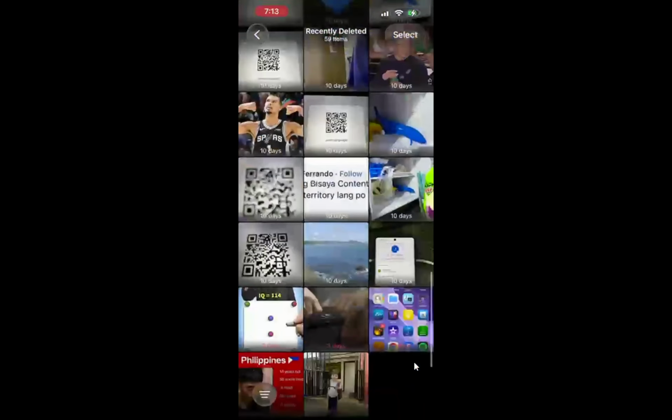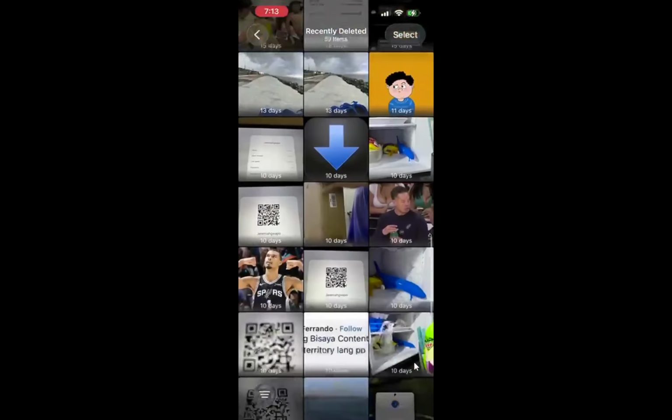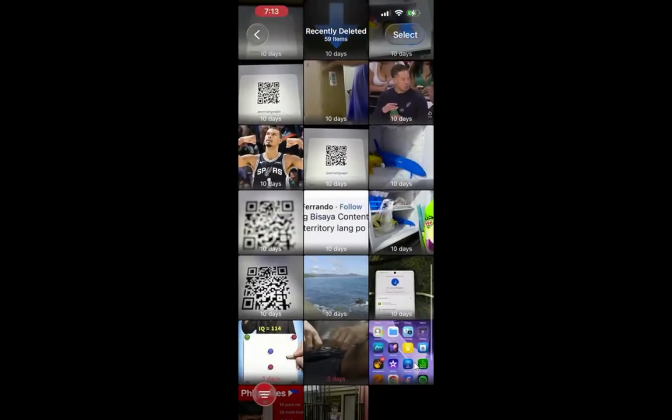This added layer of security ensures that only you can make irreversible changes to your photo library. It's a small but essential step in keeping your data secure and ensuring that accidental deletions do not occur. Once unlocked, you can proceed with your deletion confidently. One Protect. Now tap Select.